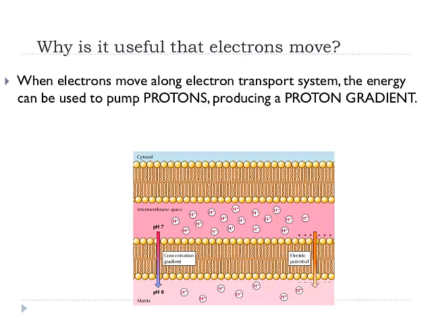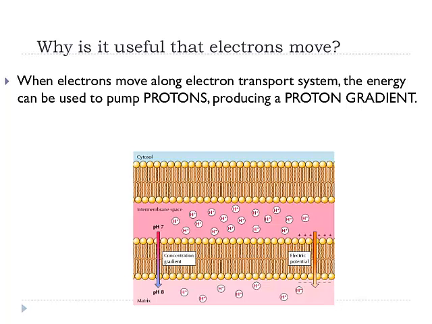So the pH is lower when there's more hydrogen ion concentration than inside in the matrix, where there are fewer hydrogen ions, so it's a little bit higher. It's not quite the difference of pH 7 to 8, but it's more like pH 7.2 to 7.6 or 7.8. It's a small pH difference, but the concentration gradient is an important driving force for